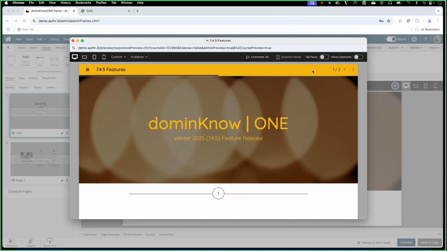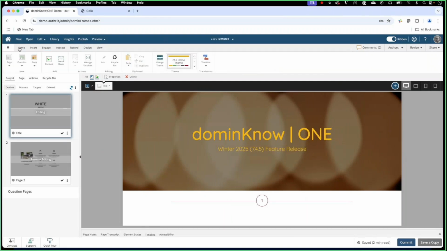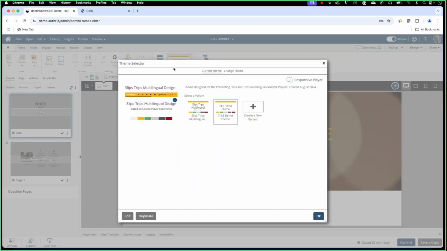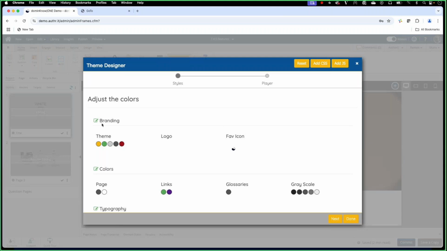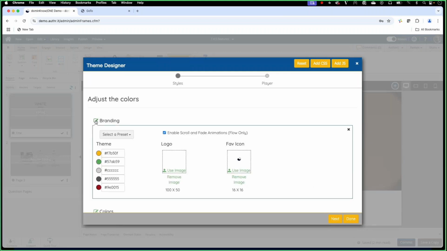One of the core ideas with the theme is that it's also in charge of a lot of the display and properties of the project. So the theme is where you set up your branding, for example, and your fonts and those sorts of things. And one of the things that we've done with the theme options, with this round of feature improvements, is that we've added, it's a real simple thing, but it gives a really nice touch to what your learners are experiencing on a flow-based project.